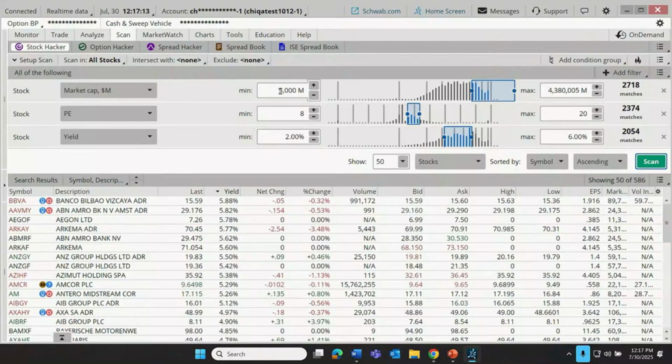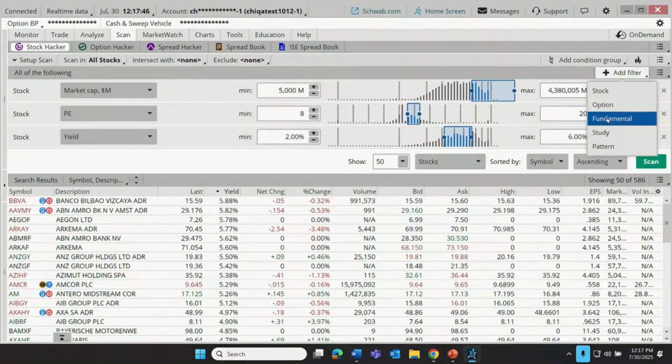Now, here's where a new user of the scan tool might think that they've hit a brick wall. Uh-oh, I don't have any more criteria to choose from. That's okay. We can actually add additional filters right up here, and we can add filters of different types. Let me click on this Add Filter tool, and you'll notice it presents us with a menu to add more stock filters. Notice these are currently labeled stock filters. They're specific to equities. We can add option filters. I'm not going to be doing that today, but be aware we could.